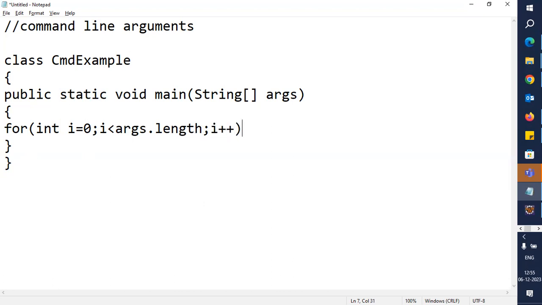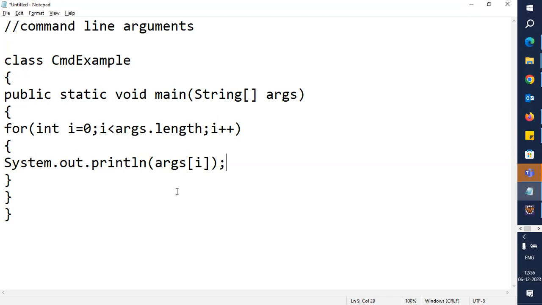And if it is less than the length, then I will try to display that data. So by using System.out.println, here I'll give args of i. Initially, I was given args of 0, 1, 2, 3. Now that 0 is replaced by i. Now i is first going to have 0, then 1, then 2, then 3, because